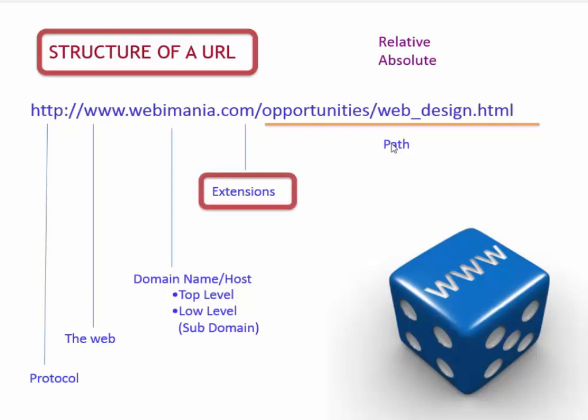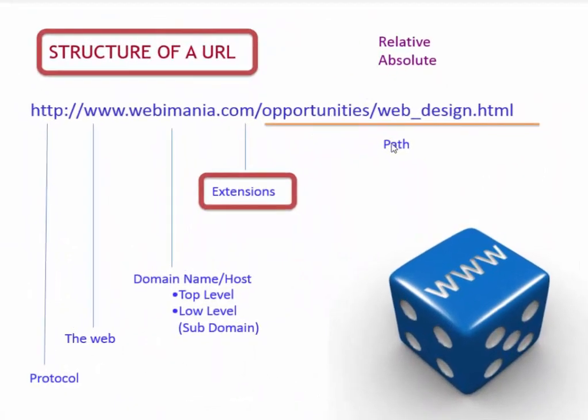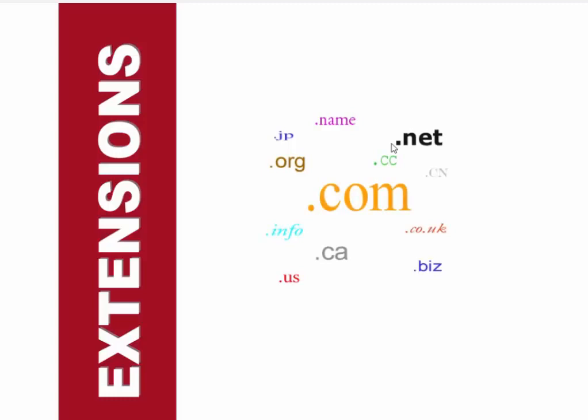Now let's take a look at the extensions. There are different types of extensions. The extensions enable you to know more about the domain name. It throws more light on what type of domain it is, and with that information you can know what kind of website you will be expecting. So if it's .org, you know you are dealing with an organization, or you're expecting to see organization-related content. If it's .net, it's for networks.